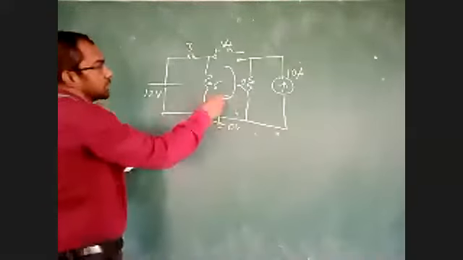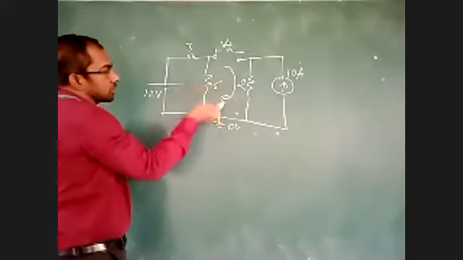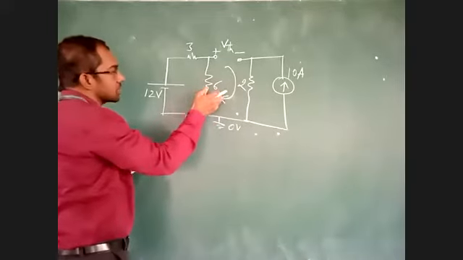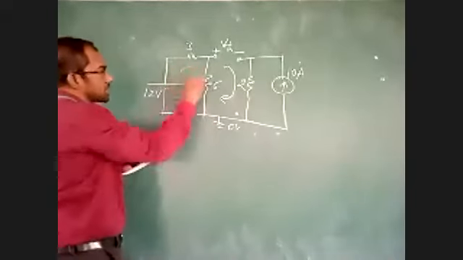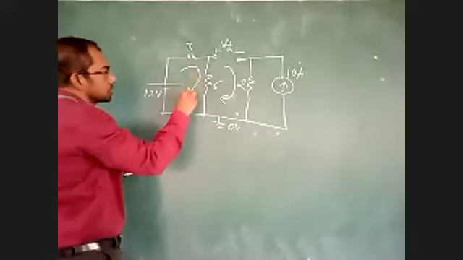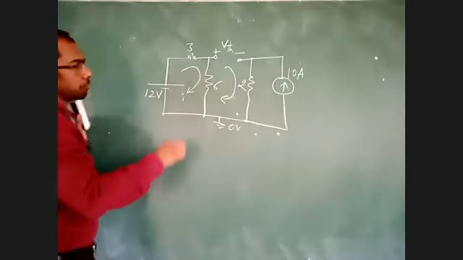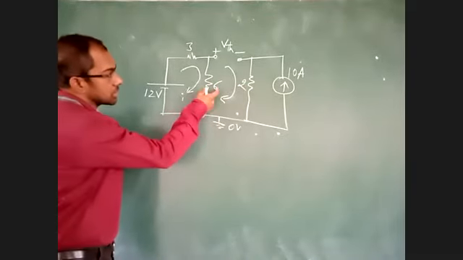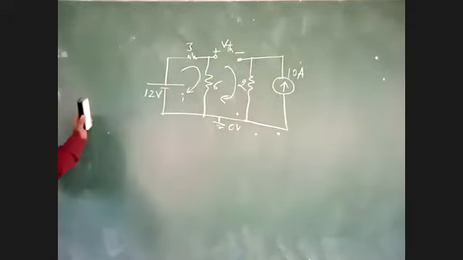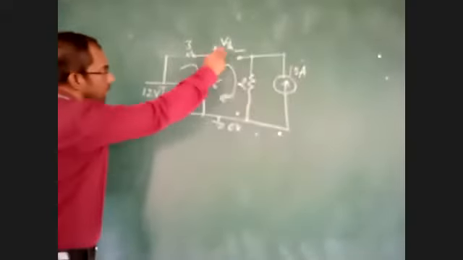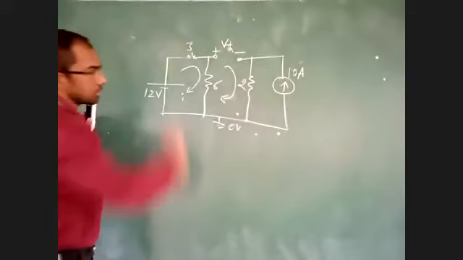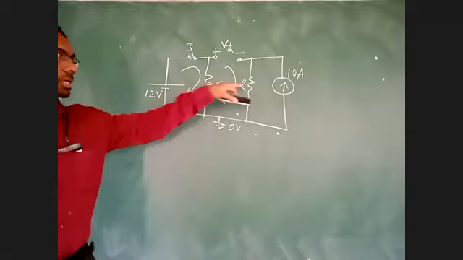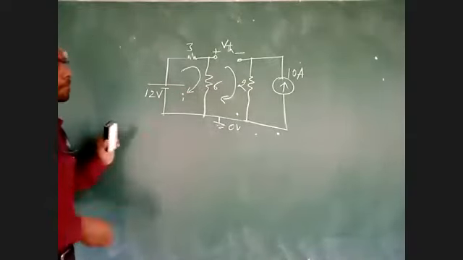you apply loop here. I want the voltage here and I want the voltage here, because this is the reference direction. I can consider the current direction here because here a closed path is there, and here also a closed path is there. I want the voltage in this resistance and in this resistance. If I know these two voltages, I can determine VTH once I know the current and voltage in this branch.